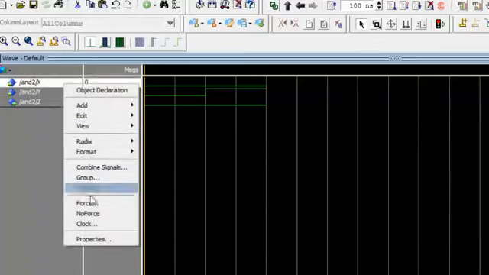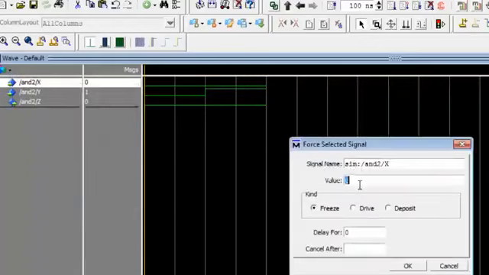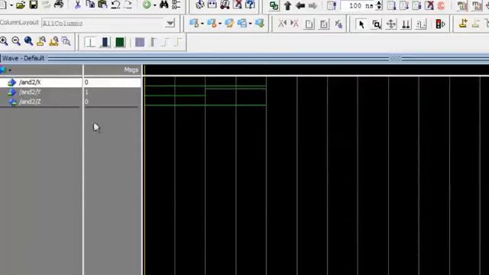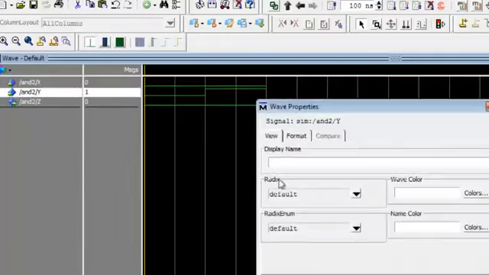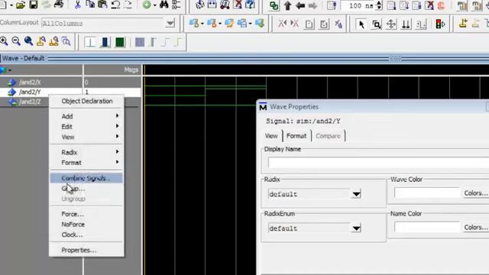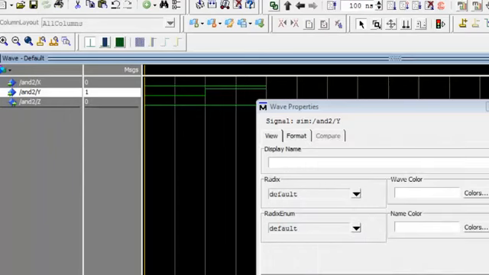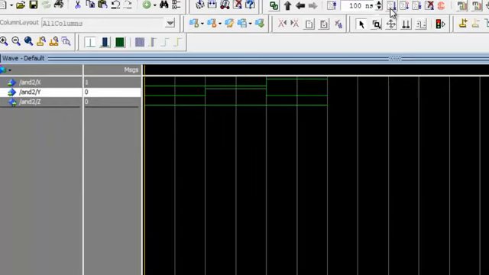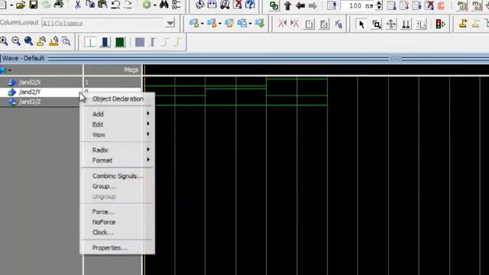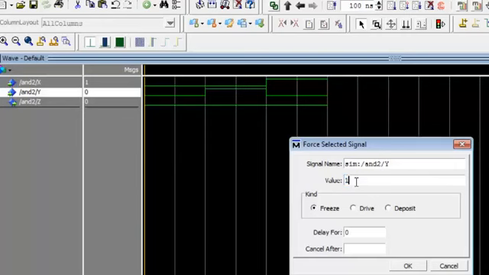Change the value of X for the combination 1 and 0. Then run. After that, change the value of Y so that you are having combination 1 1.